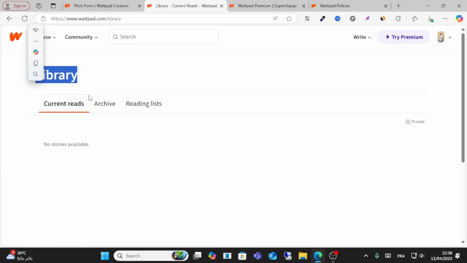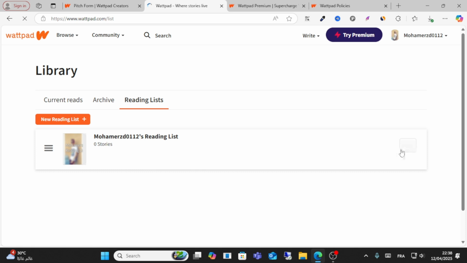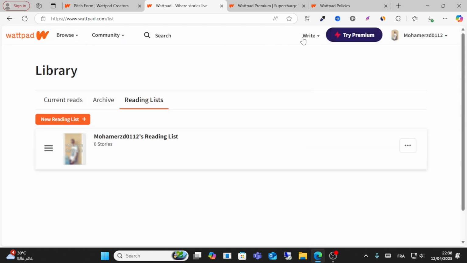And you have this library option, you have archive listing, and when you make an ebook, you see all these features from here. So guys, this is how you can do it. You can create a new reading list, and you can start creating lists from here, and you can start earning money